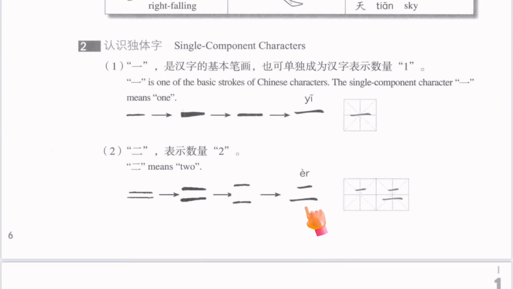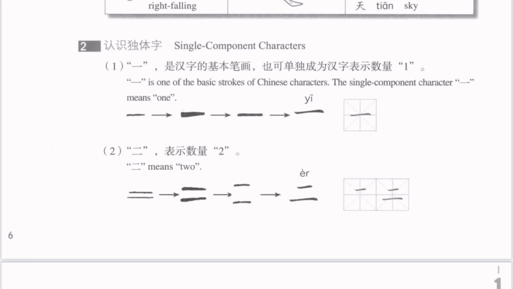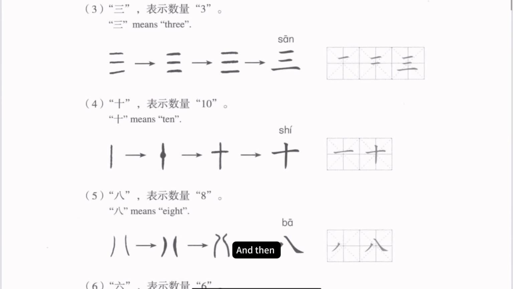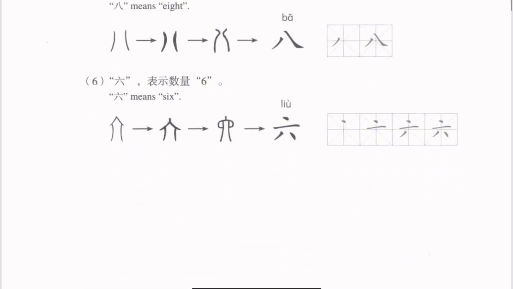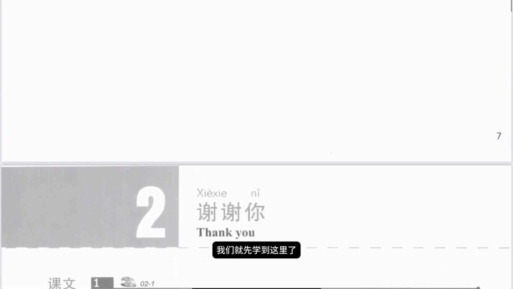Er. Add another one below it. San. Of course, there is also one we learned in today's lesson. Shi. Very good. And then ba and liu. Liu. 我们就先学到这里了，下课了。